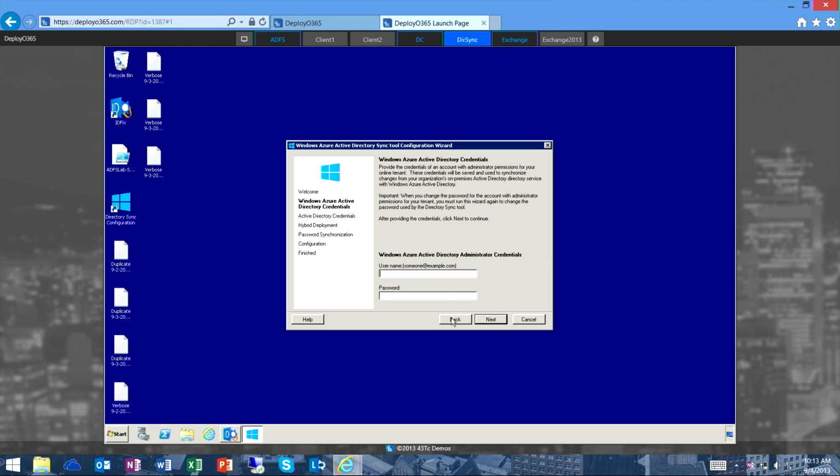Now, one of the newest things around this service is that we'll also do a password synchronization from your Active Directory server on-premise to Office 365. Now, before you sit there and look at me and go, I'm not letting you send my clear text passwords up the wire, that's not what we're doing. In Active Directory, every password is hashed. It's all encrypted. And what we do is we take that hash, we rehash it again, and then we send it up to Office 365. So we never send a clear password up to the service. What we send is a double hashed, encrypted password up to Office 365.